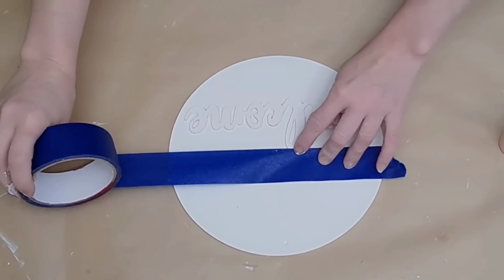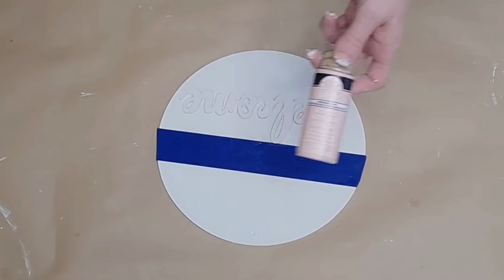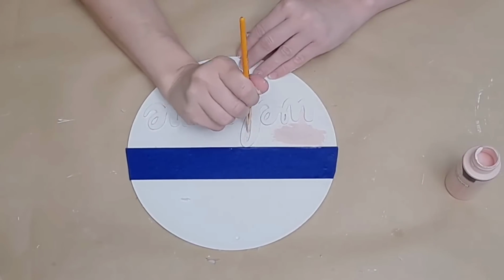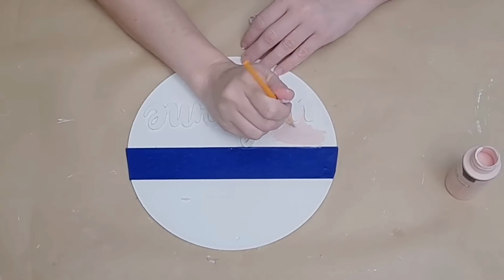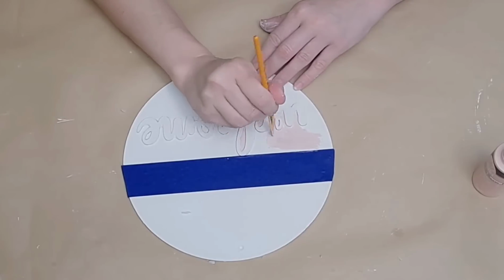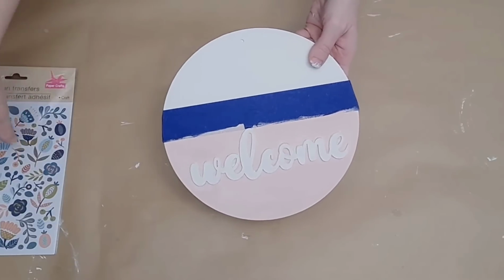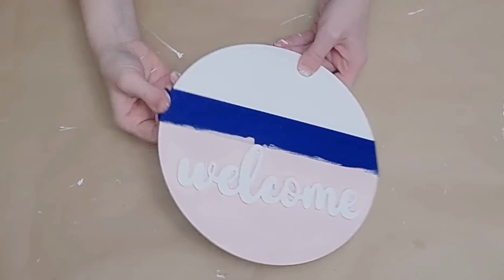I'm going to paint the welcome wood round with Waverly plaster, and then I'm going to tape it off. I'm going to use this color of Folk Art chalk paint to paint the bottom. I believe this is seashell pink, and I'm just going to paint all around that welcome word. If I get any little bits of paint on the welcome word, then I can just go ahead and go back over it with Waverly plaster chalk paint. So once that is done, I can go ahead and remove my painter's tape to reveal my plaster color underneath,